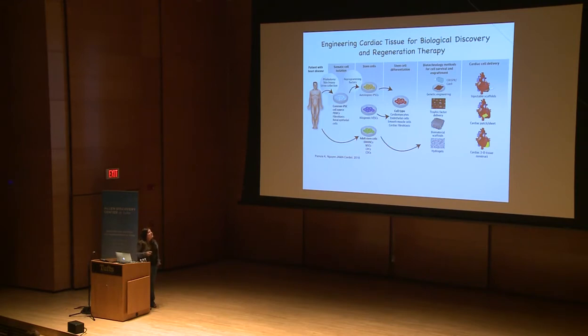And also, I talked about cardiomyocytes, but that is far from the story. We really need to understand how these cardiac muscle cells respond to signals from endocardial cells, fibroblasts, immune cells. So finding the right scaffolds, finding the right extracellular matrix, and being able to create in vitro platforms that allow us to study the function of the three-dimensional heart is really the holy grail of, I would say, regenerative medicine